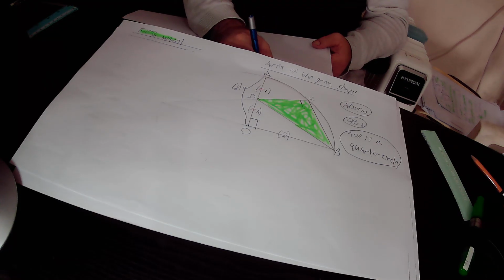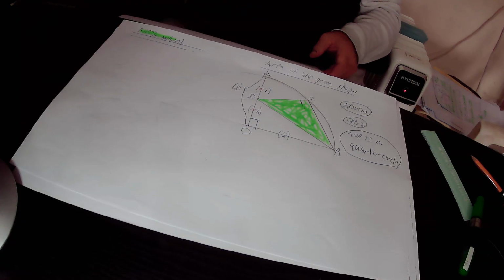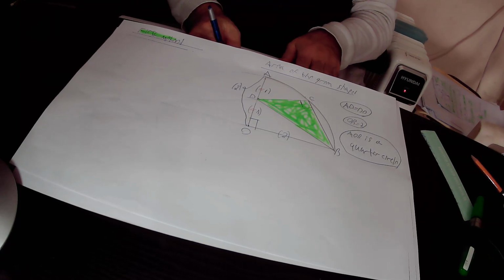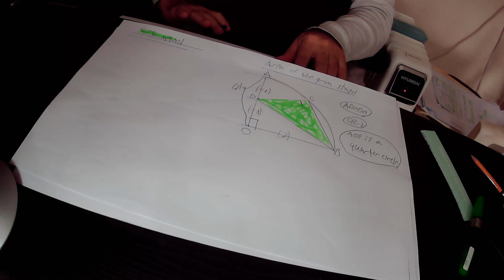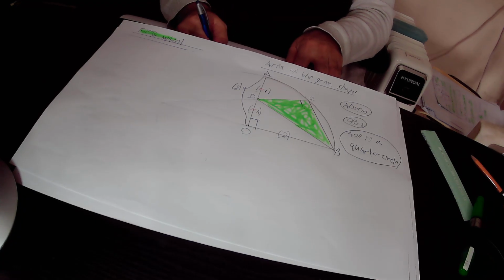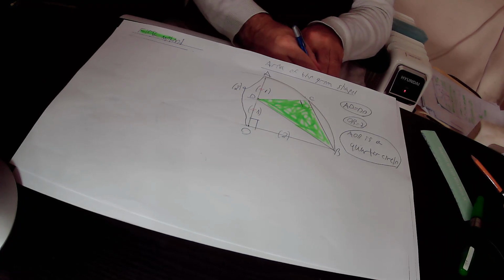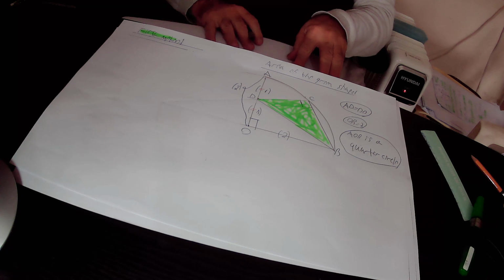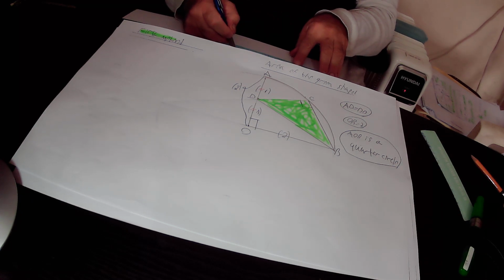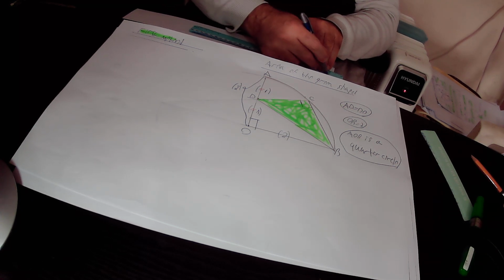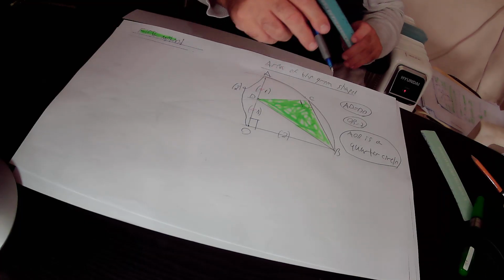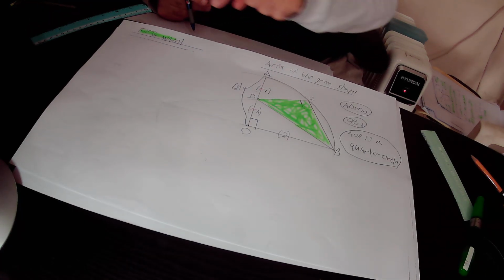Here PT is an abbreviation for Pythagoras theorem. In this right triangle DOB, DB squared, the square of the hypotenuse,